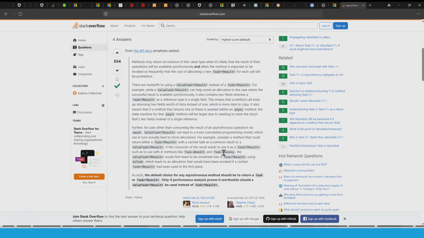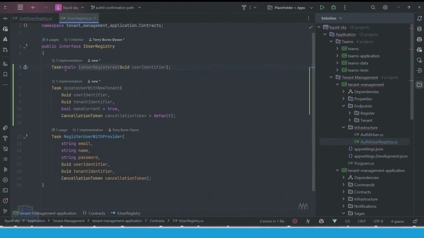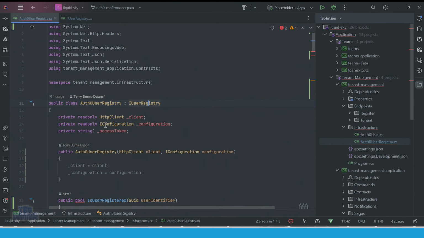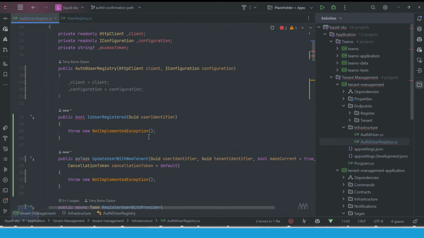The default choice of any asynchronous method should be to return Task or Task of T result. There we go. I'm going to go with that from now on, and worry about performance analysis later. Okay. Because Mediator uses ValueTask everywhere. It does not use